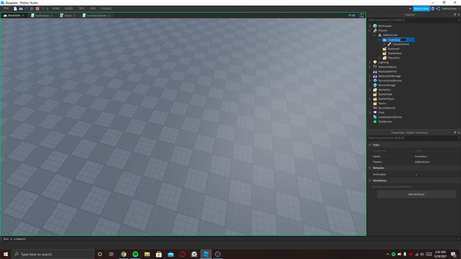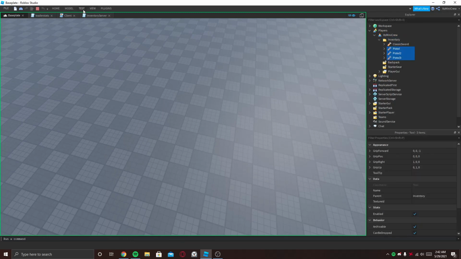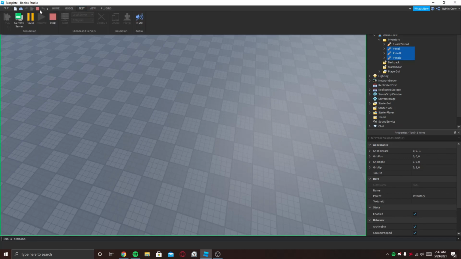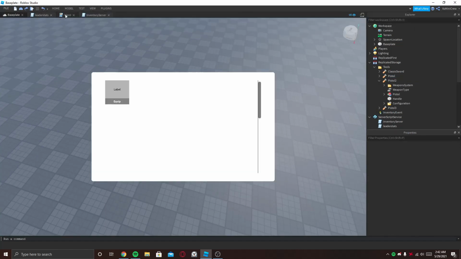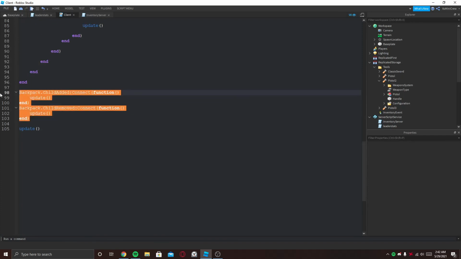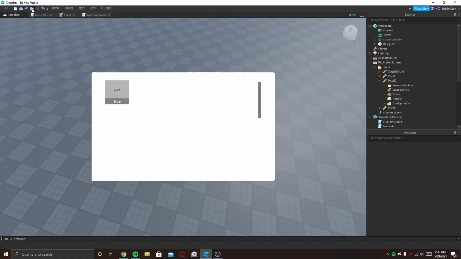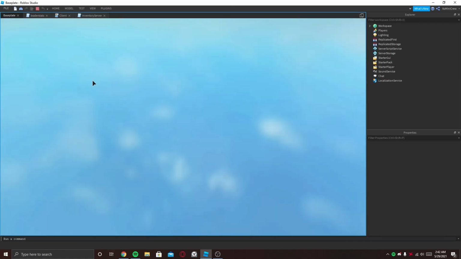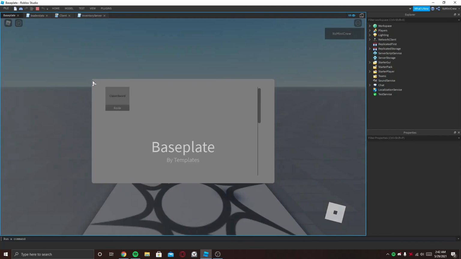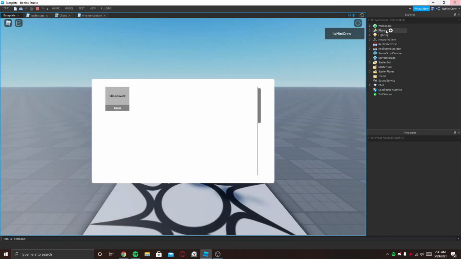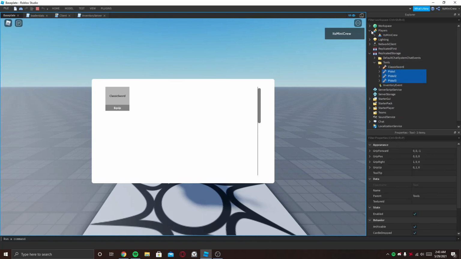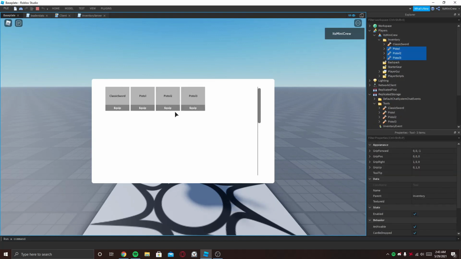Oh yeah, one more thing I should add is whenever we're gonna copy this, do this, and instead of this we just say inventory. So that will pretty much fix that. And now this is a final test, which should basically do the stuff. Let's see if the guns will work. You can see it works,